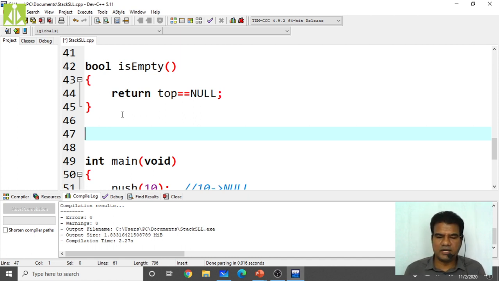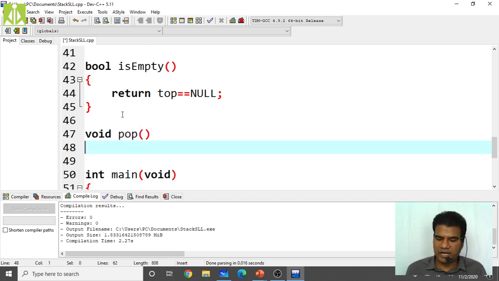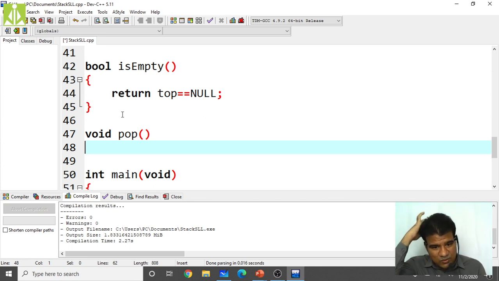So next what we have to do, write the pop function. What will be the return type? Generally pop is going to return whatever element it is deleting, or in short you can write void of pop. It will simply remove that element. We need to print whatever element it is removing, but if you want you can print it from the function only. I will print the popped element from the function itself. You will see that.